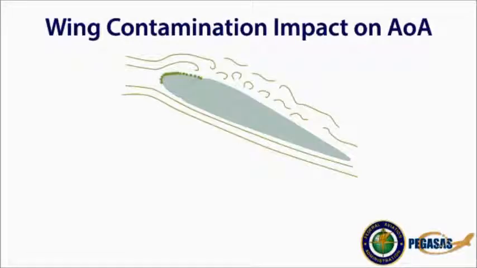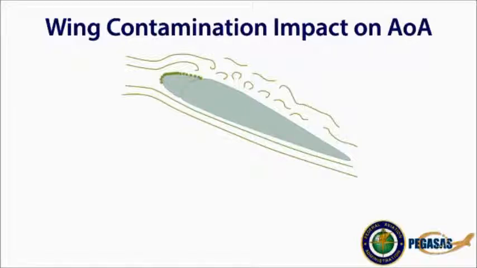Wing contamination of any type will affect the parasitic drag of the wing. This impact is felt by having to fly a specific airspeed at a higher angle of attack to produce the same amount of lift. The contamination will also cause the airflow to separate earlier than a clean wing, causing higher drag at any angle of attack. Calibration of angle of attack displays could be affected by wing contamination, and information presented may be unreliable if the